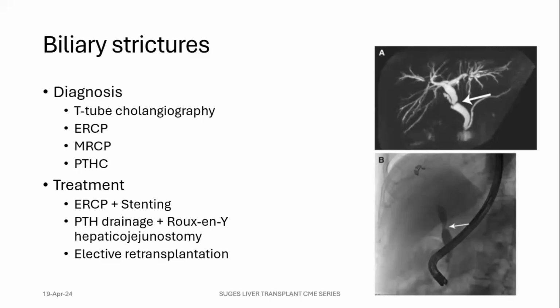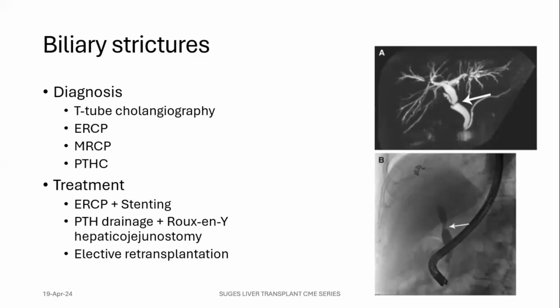So the images that you're seeing, image A is an MRCP, and you can see a stricture within the common bile duct where the arrow is pointing. And then that same stricture can also be seen on ERCP. And you can see there's a guide wire in there. Preferably, the advantage of the ERCP in diagnosing the strictures is that at the same time, an intervention can be done. And the treatment can be stenting via ERCP, or you can have a PTHC done and drainage,